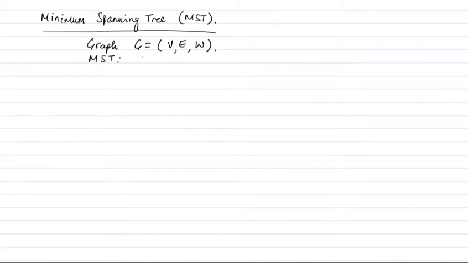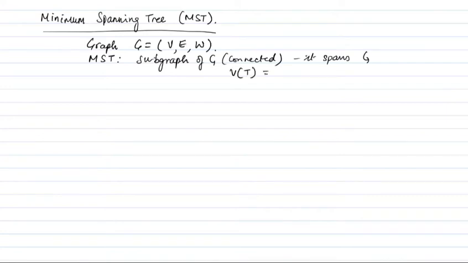So what is an MST? It's basically a subgraph of G that is connected, right? And it spans G. What does it mean to span G? That means all the vertices are covered. V of T is the same as V of G, right? So it covers all the vertices of G, and it has minimum weight,